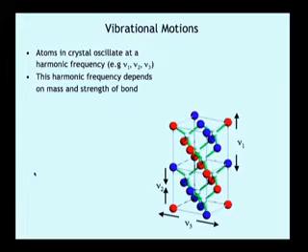They're going to vary with the mass of the atoms, and they're going to vary with the strength of the bonds, okay? So in any given crystal structure, you've got these masses, and they're held together by these bonds. Every one of those pairs of atoms has a specific resonant or harmonic frequency that it's going to naturally want to vibrate at, okay? And that's then sort of the key to how light is going to interact with this